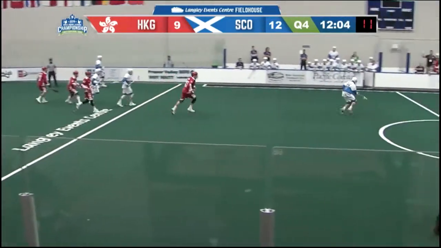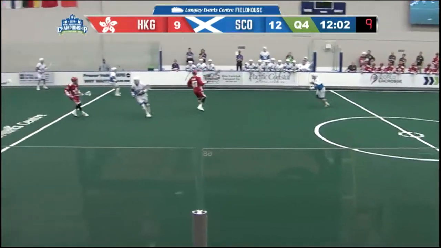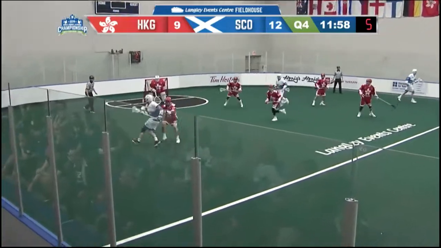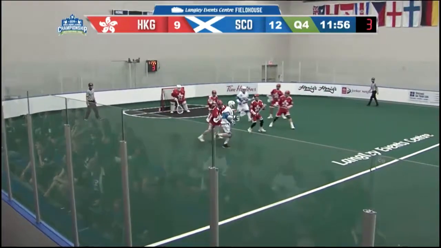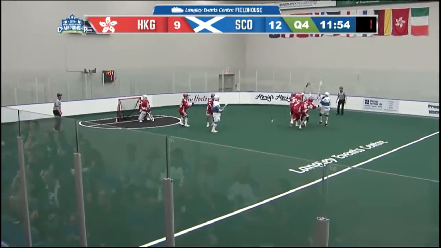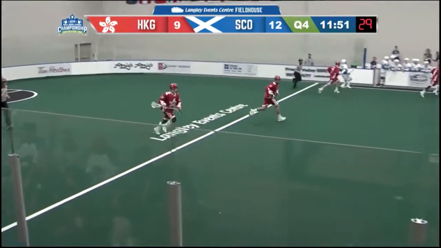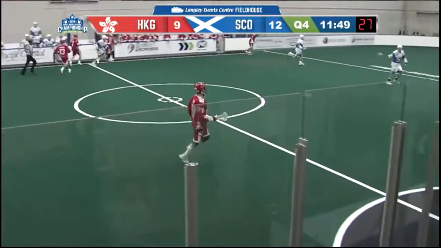Thomas Moffat along the right side. Bouncing ball collected by Barkley just inside of center. Chucks it in deep. Moffat sending it across along the left side there for Mottram. Mottram cutting across. He had 3 Hong Kong defenders all over him. Still got the shot away, but